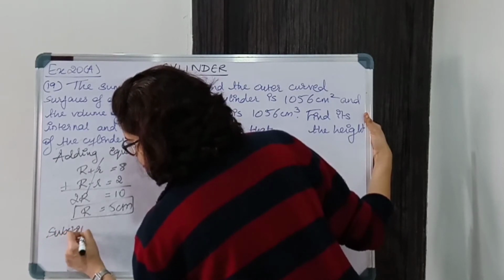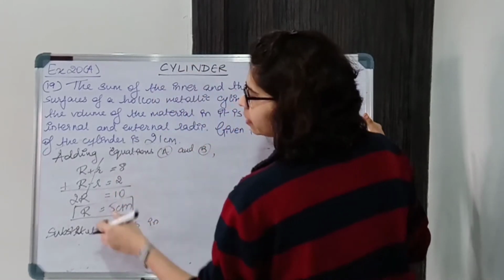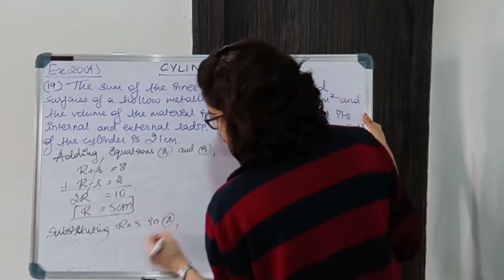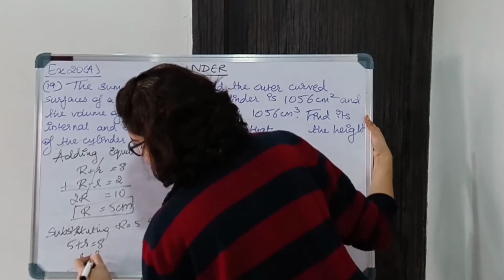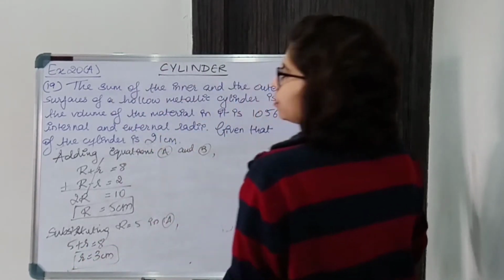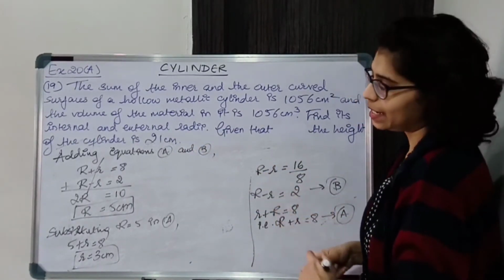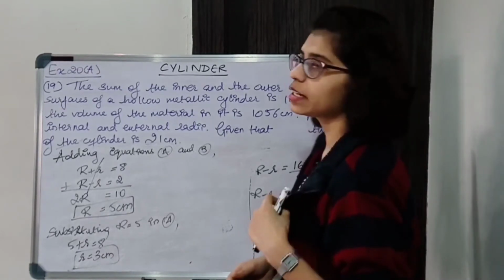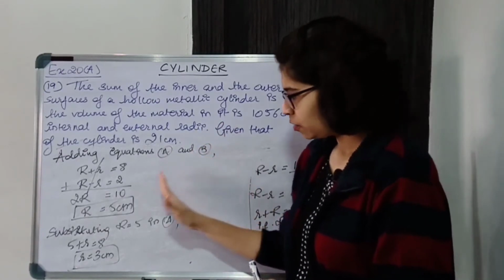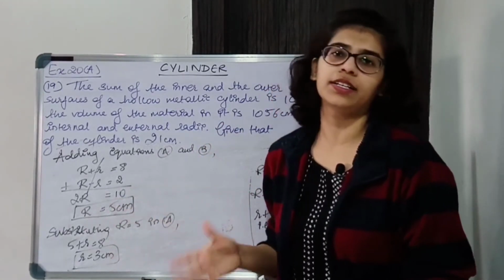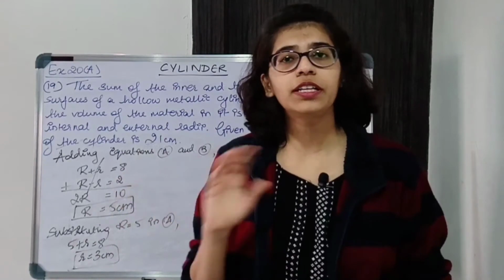And substituting R equal to 5 in either of them, I'm substituting in A. We get 5 plus r is equal to 8. Therefore r we'll get as 3. Okay. So we found the internal and external radii of this hollow metallic cylinder. Okay, so you'll write down the final statement. So the final statement you will have to write is that internal and external radii of this cylinder, that is capital R and small r, is equal to 5 and 3 respectively. Okay, and don't forget the units, because if you forget units then your marks will get cut.